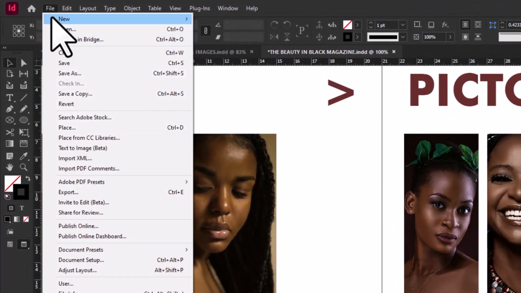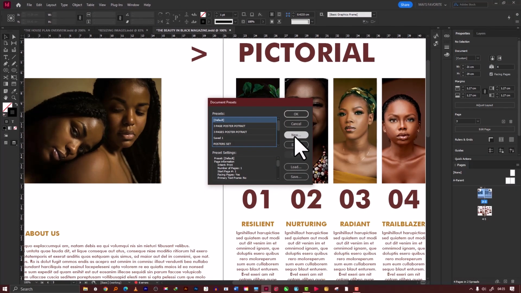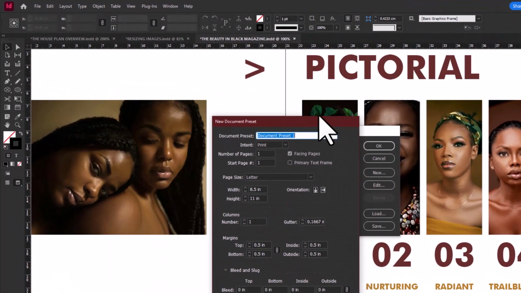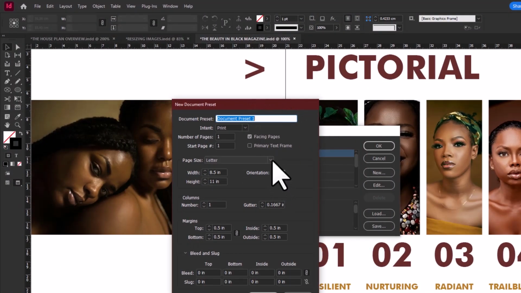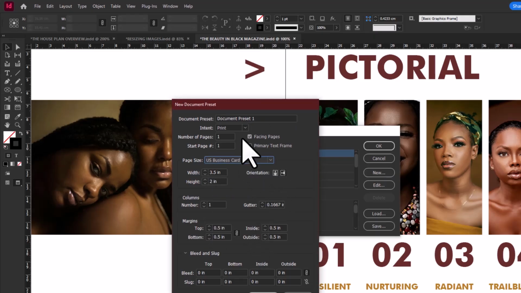You go to File, Document Presets, choose Define, then click on New. So we are going to use an example of the US business cards. Let's give it a name, US